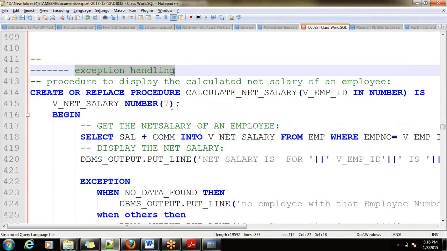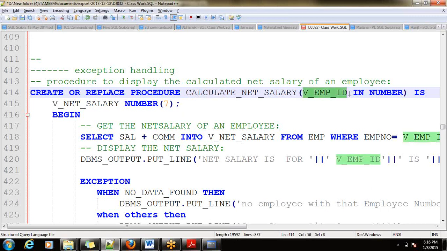Let us write one sample. Look here. We have seen calculating the net salary of an employee. The same example I am considering. So calculate net salary, where you are going to pass an employee ID as an input. The calculated net salary is stored in a v_net_salary variable, so I have declared it.